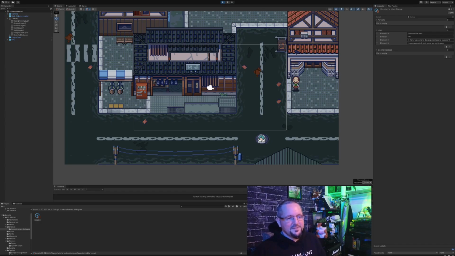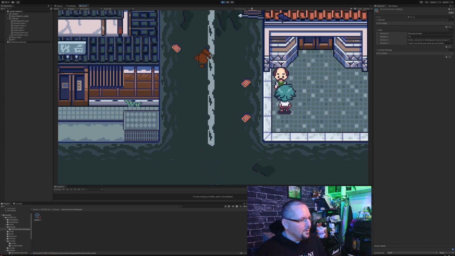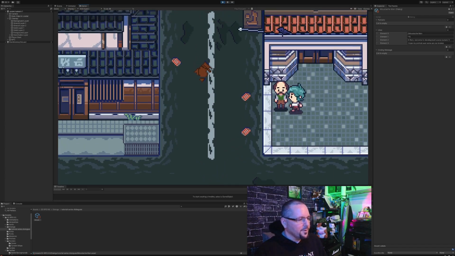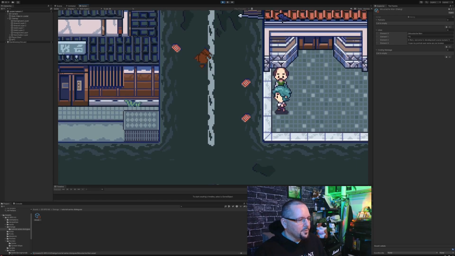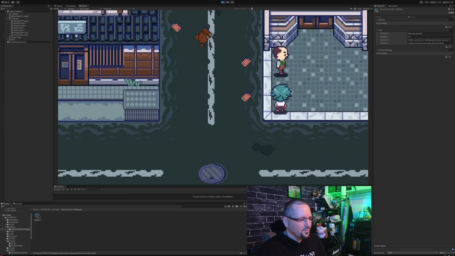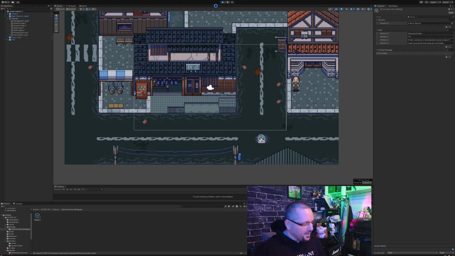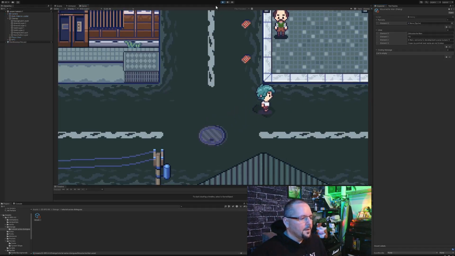So now I did portrait, but I entered no portrait. So the NPC is not even working. I try to talk, you see his head turn, that means he's turning towards the player, but he's not doing anything because I broke the logic order. Just for a little thing like that, because I said zero, so he's trying to find a portrait slot, but there are no portrait slots, so he's just like, dude, I'm out of here. It breaks the loop, breaks the algorithm. Like yeah, that's a French word. I mean, so